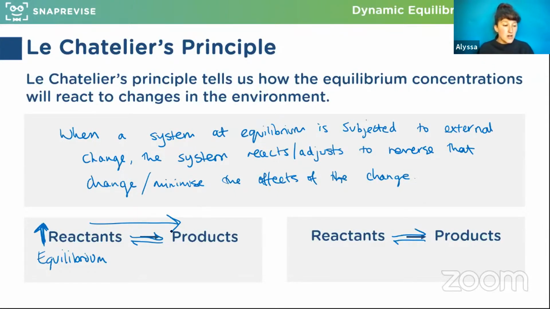They might, Jessie, they might call it Le Chatelier's principle, but what they'll do is they'll say the equilibrium law is known as Le Chatelier's principle, and then they'll say explain how, whatever, or explain what will happen when, etc. So because it's not specifically mentioned in the spec, they should have to provide you with information to tell you what it is before they then expect you to use it, if that makes sense.